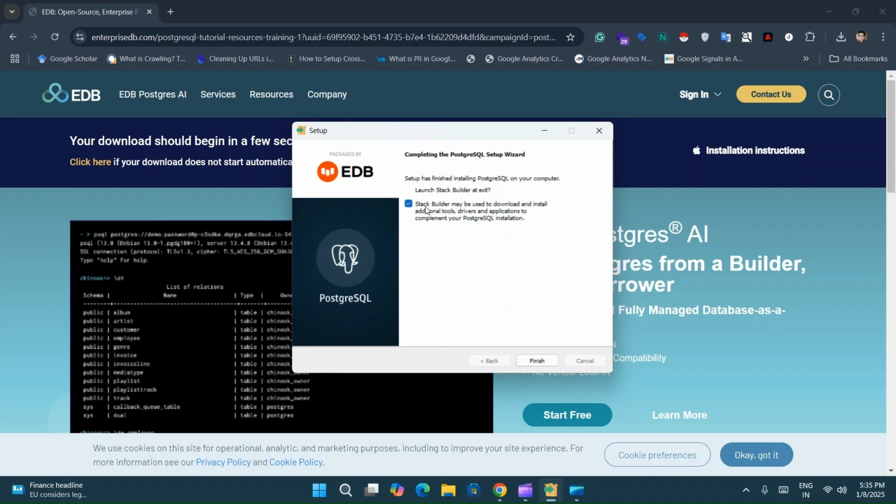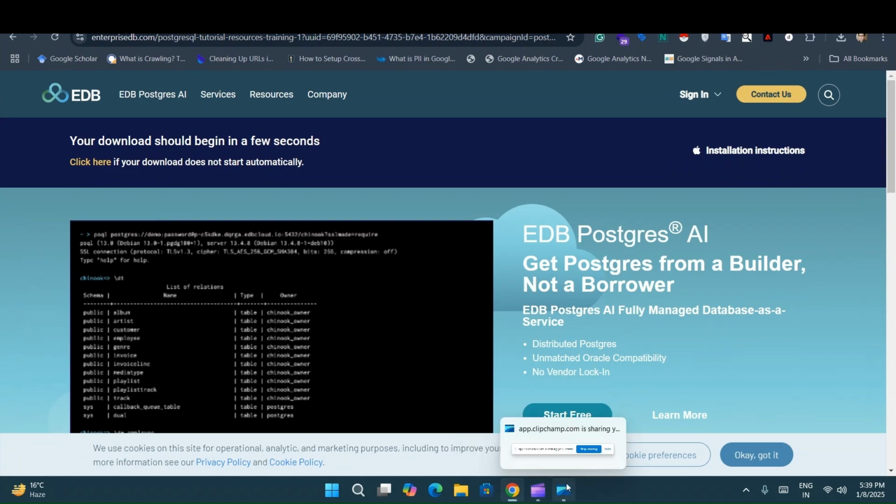Okay, it's done now. It asks whether Stack Builder may be used to download additional tools. No, I don't want to download Stack Builder. Now once you're done with the installation,